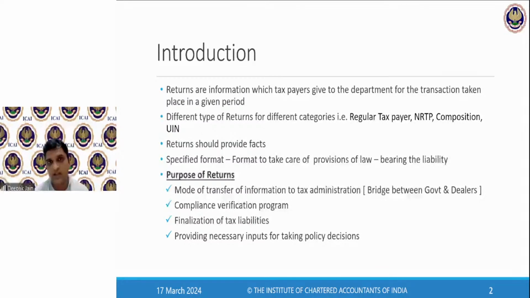and provides necessary inputs for taking policy decisions. The returns which you furnish give a lot of data, a lot of information, a lot of statistics to the government. And from this data, the government will come up with a lot of information through which it can make policy decisions. How are policy decisions made? Say in a particular area, how many restaurants are there? How much is the sales tax? How much is the GST they are collecting? So that will help the government to decide, okay, this region is having higher sale of restaurants, the other region is not, so should we do any policy matter for the state?